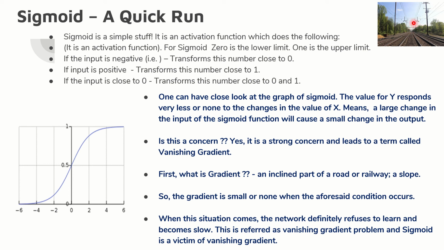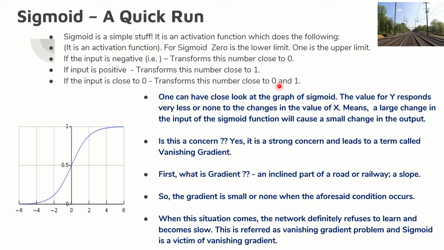I do not have any information on my picture right now which can tell me how many lines are there, where it got converged. This is called the vanishing point. And this vanishing gradient issue is a major challenge, and that is going to be a trouble. When you go with sigmoid, you will always have the vanishing gradient problem. So what is it? Very simple. I will not get the output as expected, because when the input changes, the output should change accordingly, but because of the vanishing gradient problem, I may not get it.